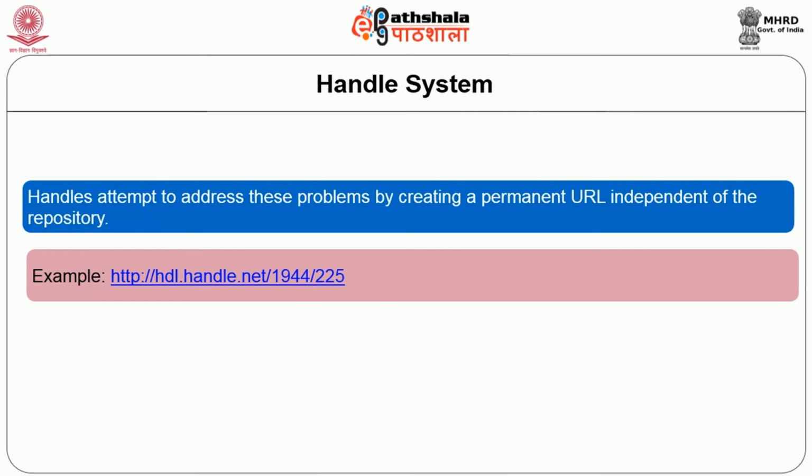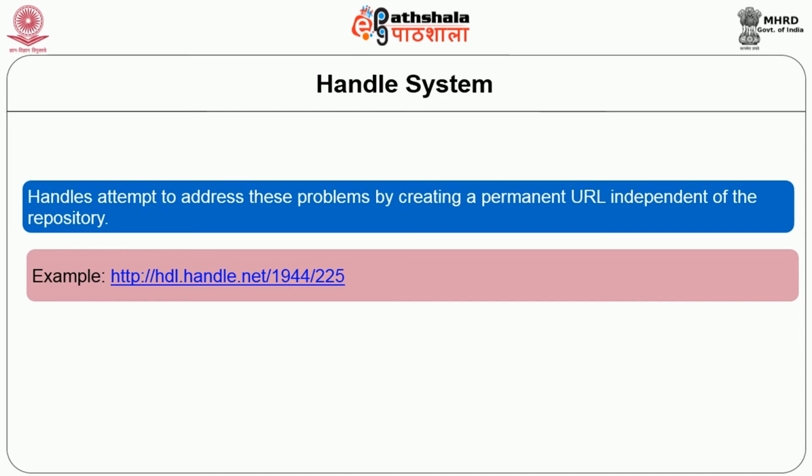So here you can see hdl.handle.net, that is an international handle server number, and we have IR 1944. This is for our institutional repository, and 225, the last digit, stands for the content. Like Shodhganga, we have the number, I'm not very sure, I think 16603. So that is going to be the number of the DSpace Shodhganga. Then the rest of the numbers, starting 1 to 1 lakh, 1,14,000 theses. So any number in between refers to a thesis. So when people are citing any content in DSpace, they can refer to the individual item by using this